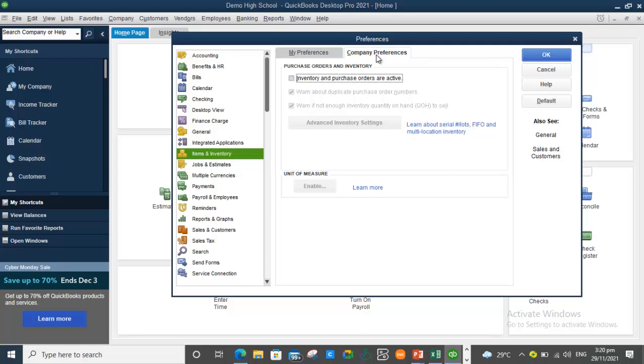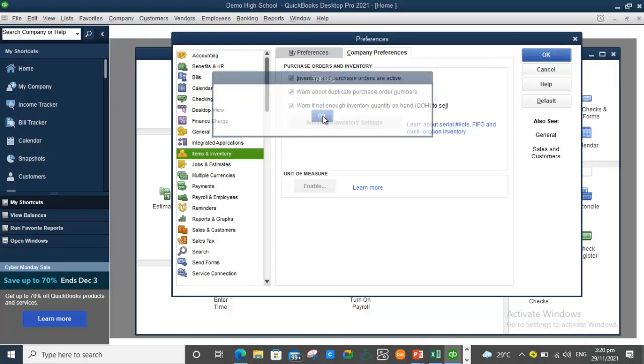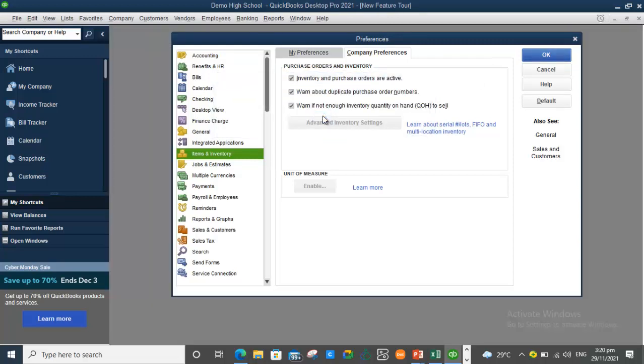Under the Company Preferences tab, under the heading Purchase Orders and Inventory, you will see an option that says Inventory and Purchase Orders are active. By default, this is unchecked. So what we want to do is check this to enable inventory and purchase orders. Once you have selected OK, QuickBooks will close all its windows,